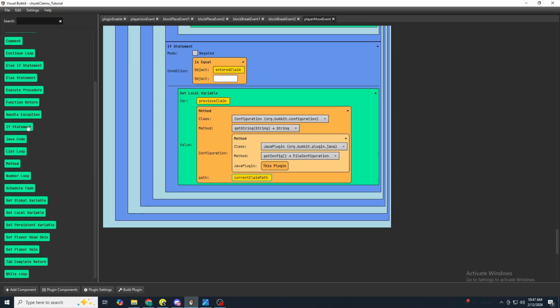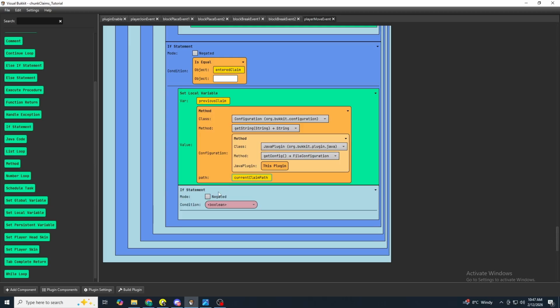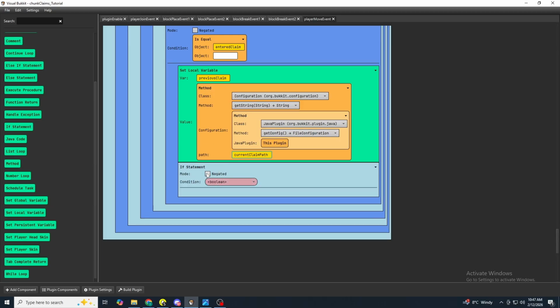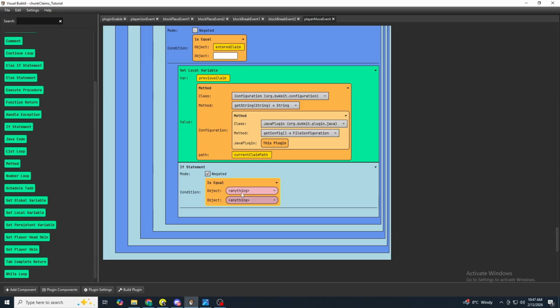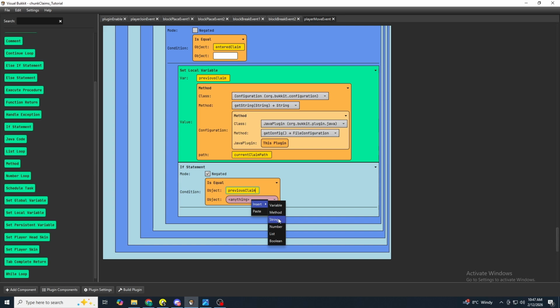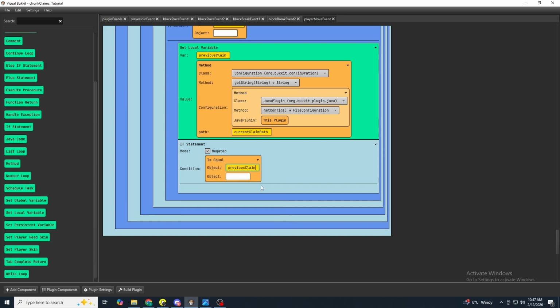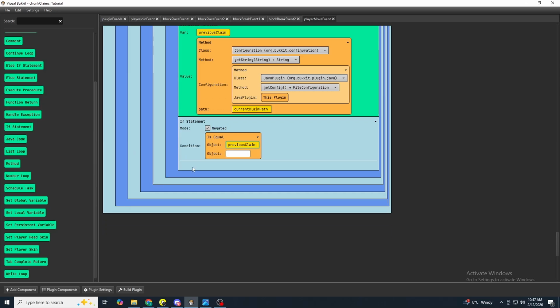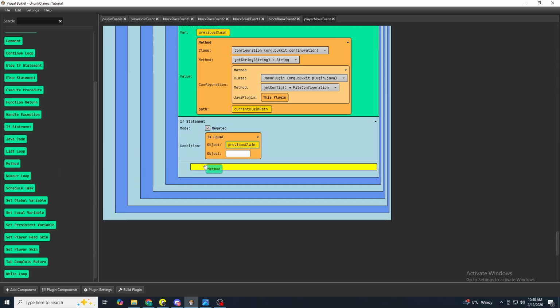Then we'll write an if statement down here, and it will be negated, and we'll say is equal. So if our variable for previous claim is equal to an empty string, or is not equal to an empty string because we negated it, then we're going to do another method inside of here,